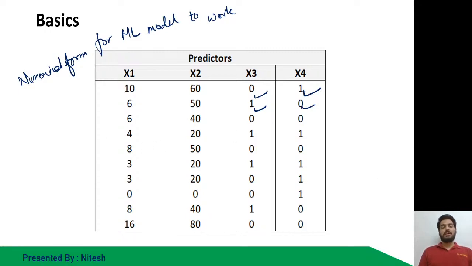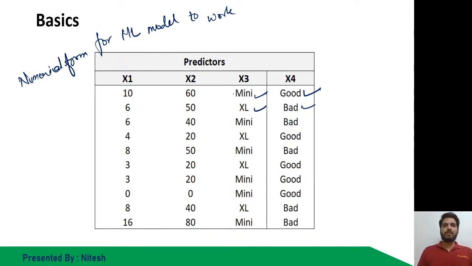So I was referring to this: when you pass the data set for the unsupervised machine learning to work, you have to convert the categorical values to numerical values. मतलब जो words लिखे हैं उनको आपको numerical values में convert करना पड़ेगा. There are certain methods that we'll explain in the classes, but just take a glimpse that we have to convert categorical to numerical for the machine learning model to work.